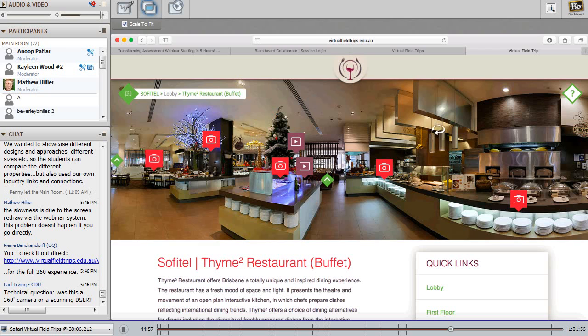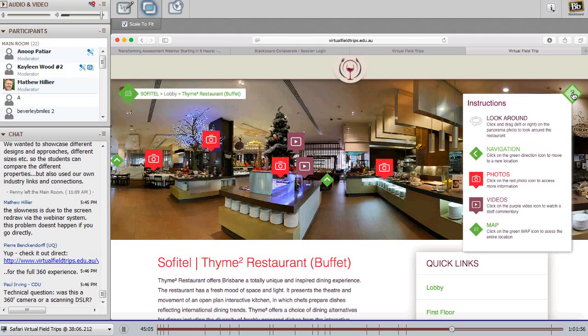So I think that gives a good idea about the virtual field trip in terms of some of the features. And then there are interviews.